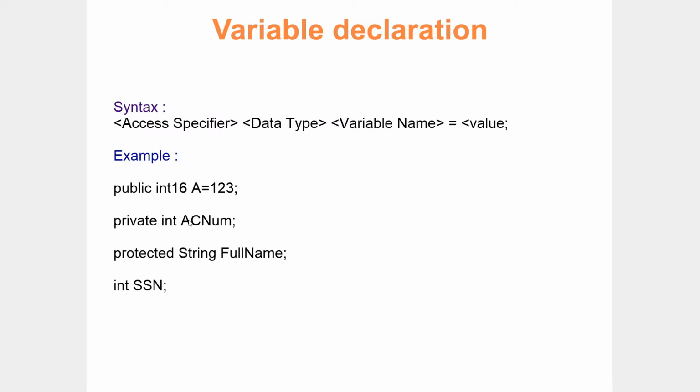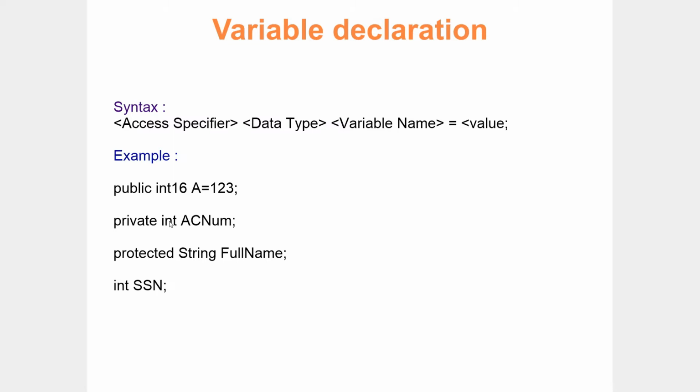Next, the second scenario. In the second scenario, I'd like to restrict the access scope of my data member. Since it is an account number, I don't want to expose these details to other classes. I want my data to be accessible to only my class. If the access of any data has to be limited to class level, it should be defined as private. That's why I am declaring it as private. Access specifier is private. Data type is int.